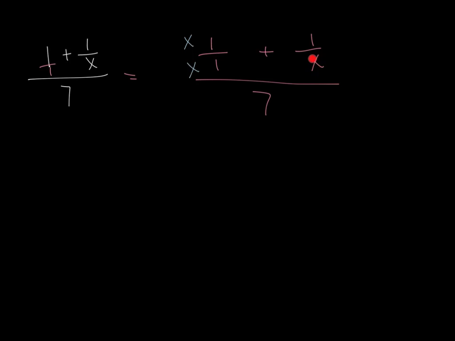Now I look here and say, what am I missing here that I have over here? Well, a 1, but 1 isn't going to change anything. I mean, I can put a 1 here if you want, a 1 times a 1, but 1 times 1 is 1, and 1 times x is still x, but let's put it that way just so you know that we did that. Alright, so this times this is x. This times this,